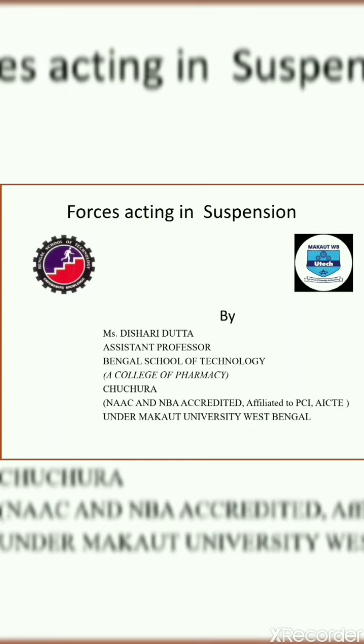Today's topic will be force acting in suspension. As you know, suspension is formed when an insoluble solid is dispersed uniformly and homogeneously throughout the dispersion. And this is most important when the patient is required to have uniform doses over a period of time, as it is seen in suspension that when the suspension is prepared, the particles are uniformly distributed throughout the suspension,